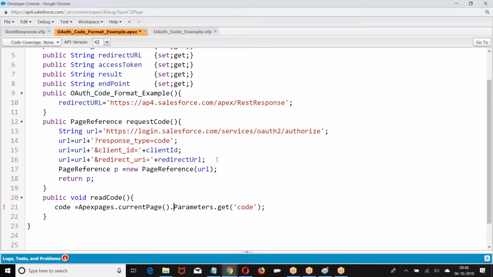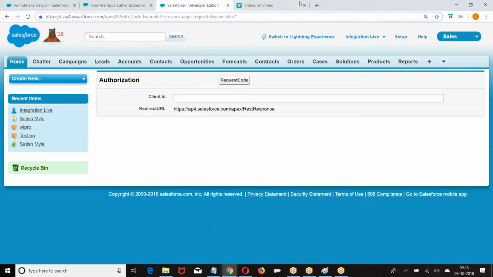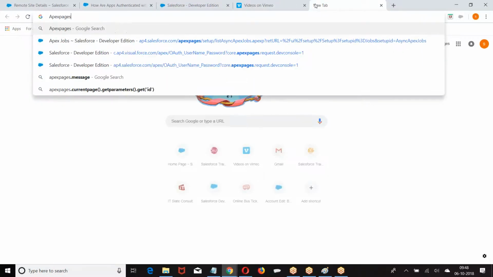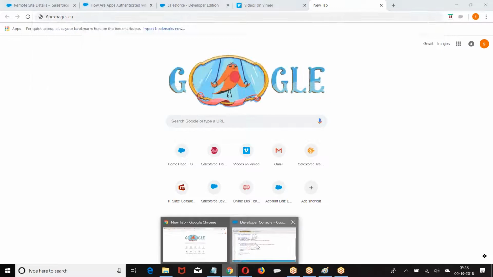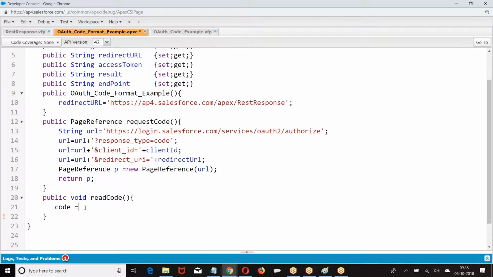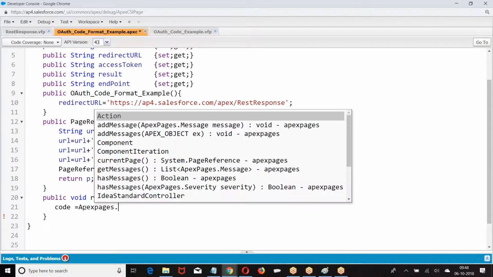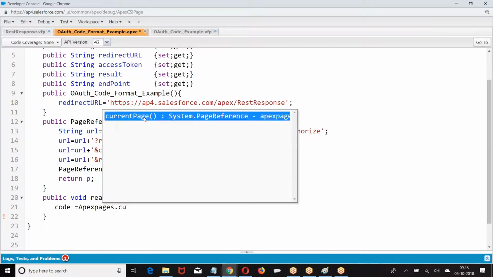What was it? It's not the problem. The problem is with respect to the function: Apex page dot current page dot get parameters dot get of ID. Get parameters dot get of ID. Current page dot